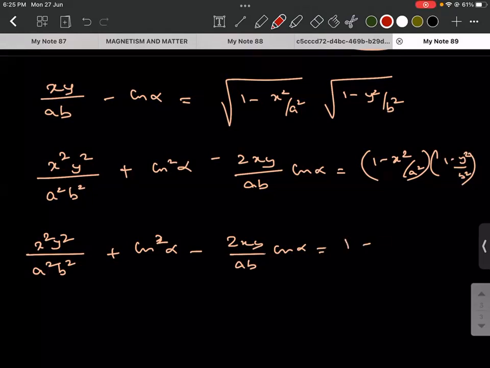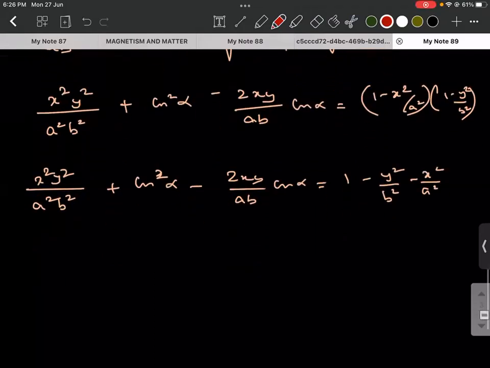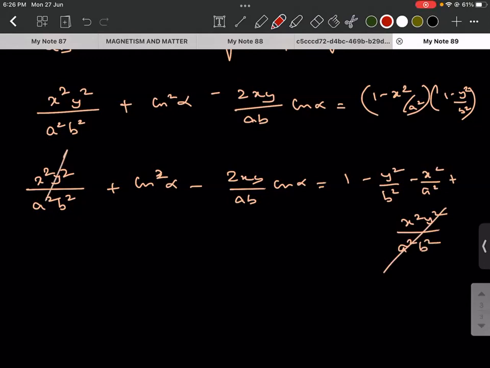minus y square by b square minus x square by a square plus x square y square divided by a square b square. This and this will get cancelled. Is that right? So what is that they want? They want x square by a square to be positive, y square by b square to be positive,